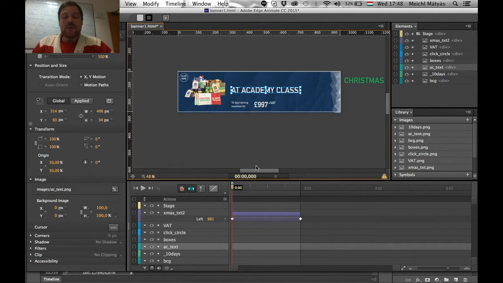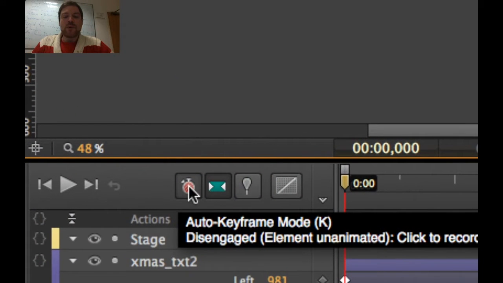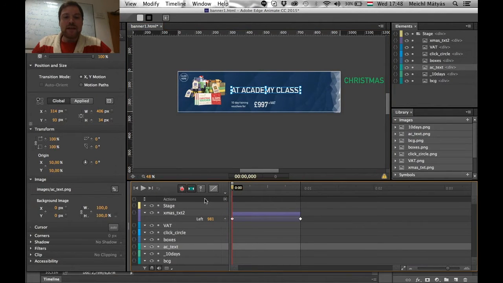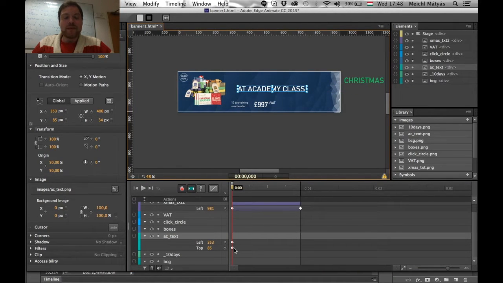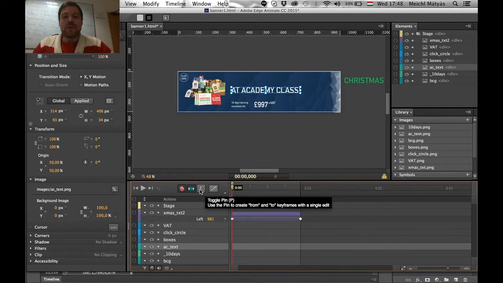So what I will do is I will use this little guy over here. This is the AutoKeyframe mode. And if I click the AutoKeyframe mode, then if I change anything for the layer, it will automatically create those keyframes for me, right? I can do this even easier because not only can I enable auto-keyframing, I can also enable this toggle pin. If I click on that, I will be able to animate from to